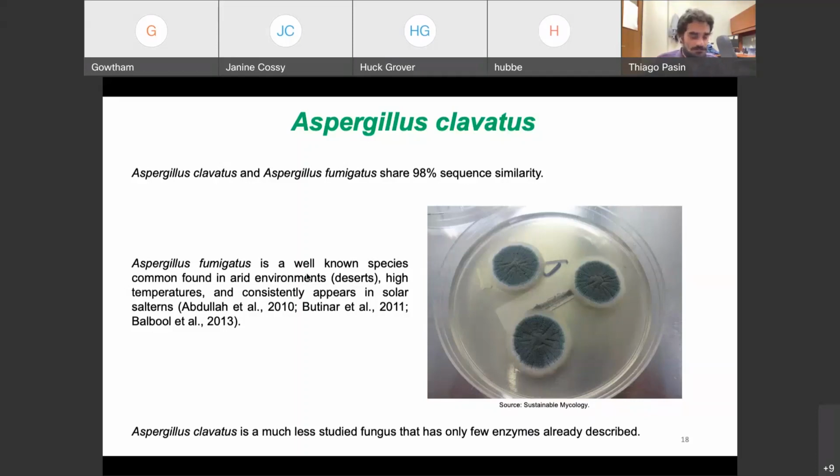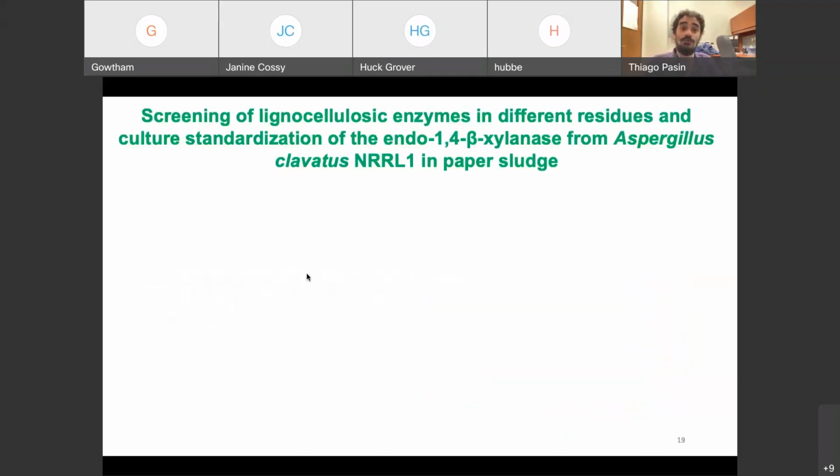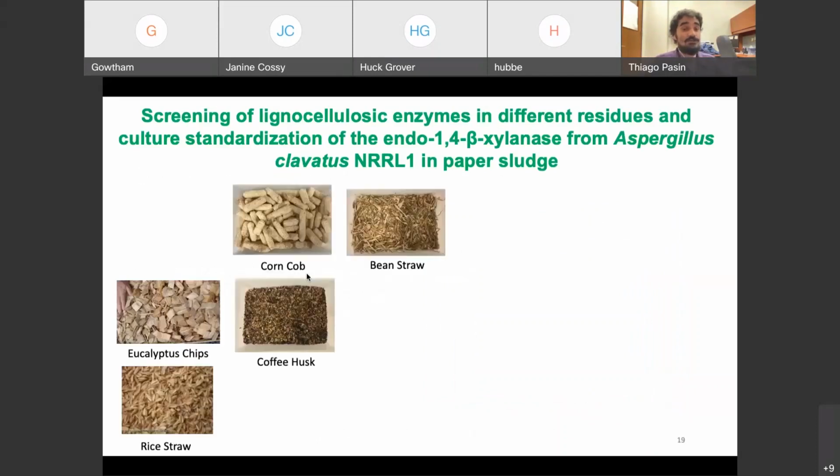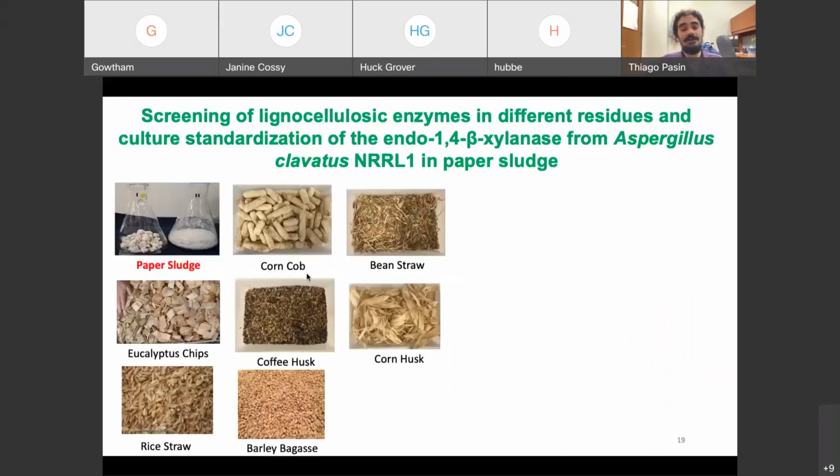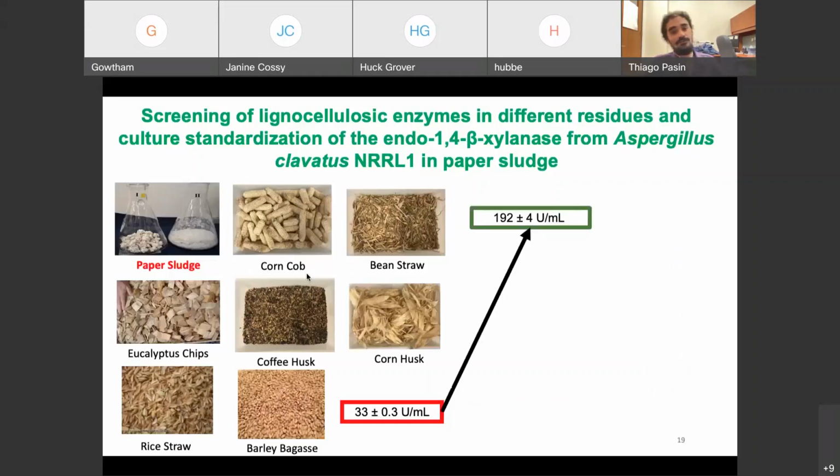We have a lot of different literature information about this fungi. And Aspergillus clavatus is not a well-known species. Also, Aspergillus clavatus is similar to Aspergillus fumigatus. So the idea is that Aspergillus clavatus could have some interesting information for enzymes, halotolerant or halophilic enzymes. Thinking about that, we started a screening of lignocellulosic enzymes in different residues, and we started the culture